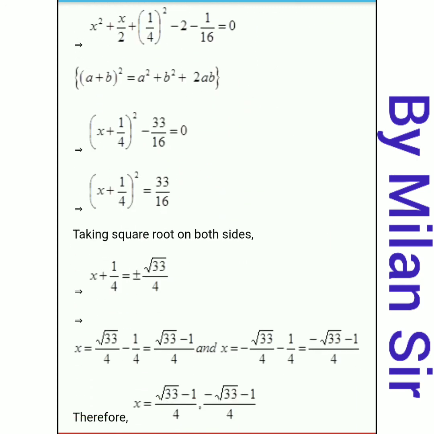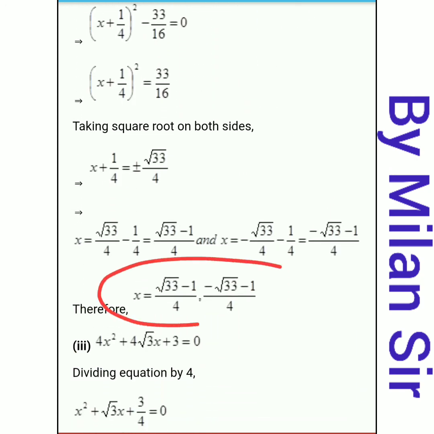Okay, so again we get two answers. These two are the roots of our quadratic equation. This is the solution of our quadratic equation. Otherwise we can say that these are the zeros of the polynomial even. Okay, so this is the completing the square method. In total we have two methods for completing the square. We can use any method. Okay, thank you.